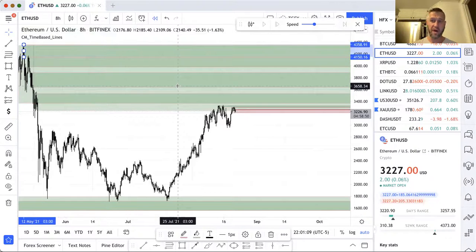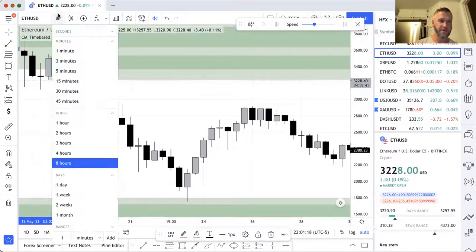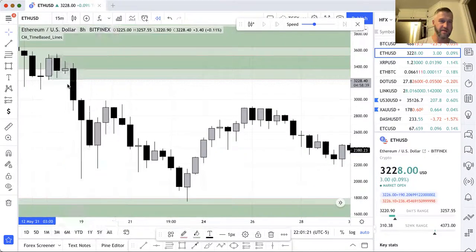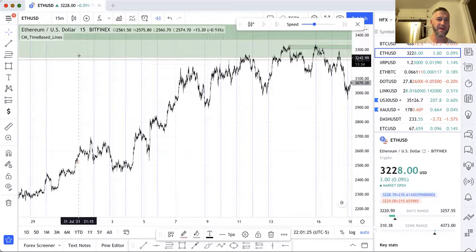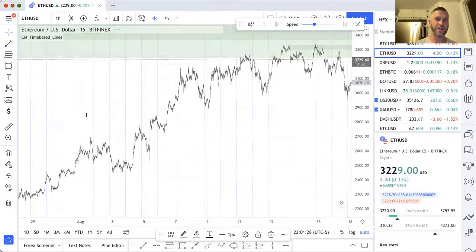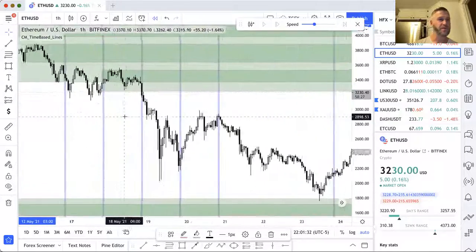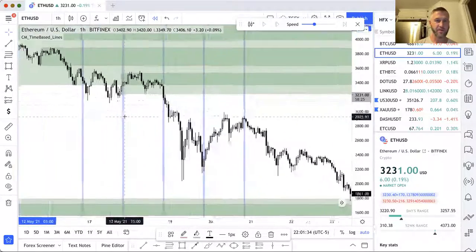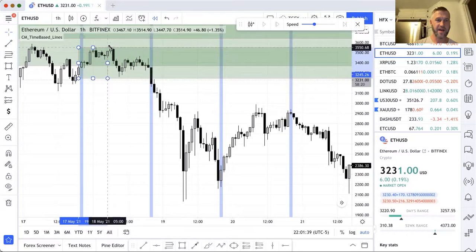You would want to go into the 1 hour, the 15-minute, the 5-minute, the 1 minute, and refine those down to the smaller order blocks. So instead of having this huge order block here, go to, let's say, 15-minute. See if it'll let me go back that far. It may not, because that was like months ago. But anyway, you can go back and actually say, okay, where is it at? I believe it was this one. So here's your bearish order block here. So you can take that 8-hour order block and move it